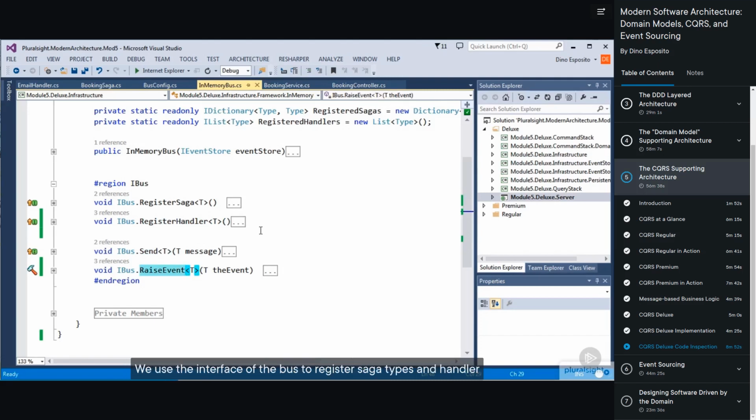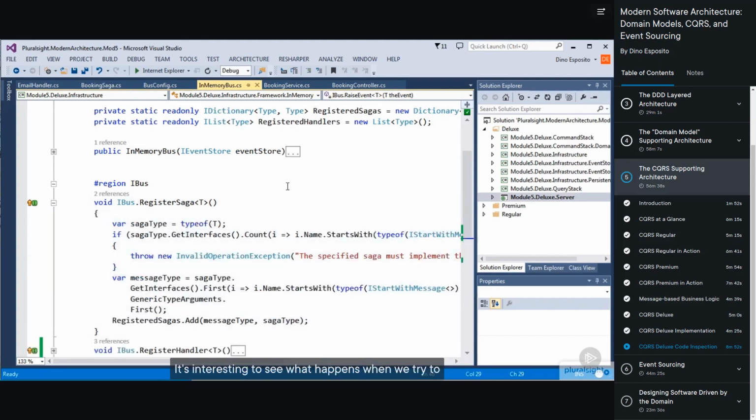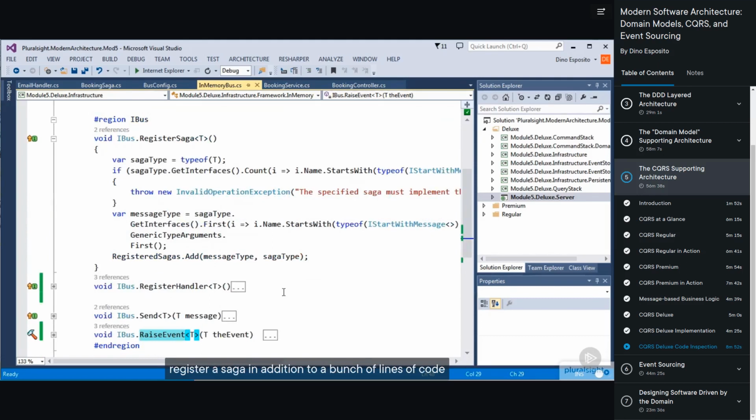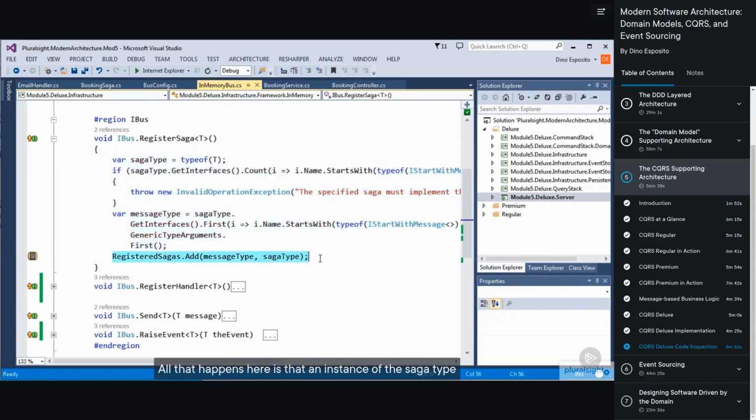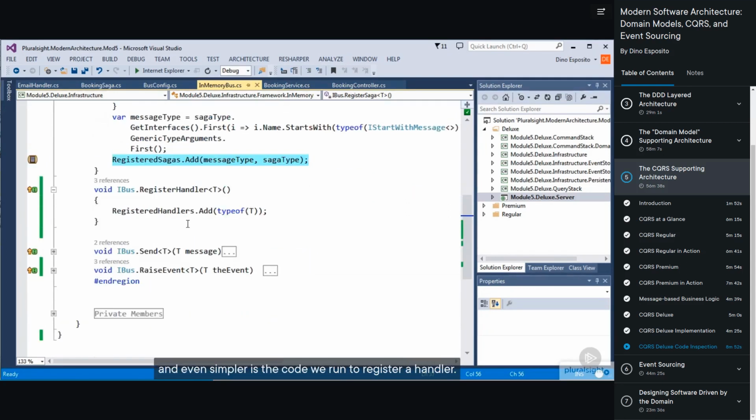We use the interface of the bus to register saga types and handler types, and also to push a message and to raise an event. It's interesting to see what happens when we try to register a saga. In addition to a bunch of lines of code for essential validation purposes, all that happens here is that an instance of the saga type is added to the internal dictionary, and even simpler is the code we run to